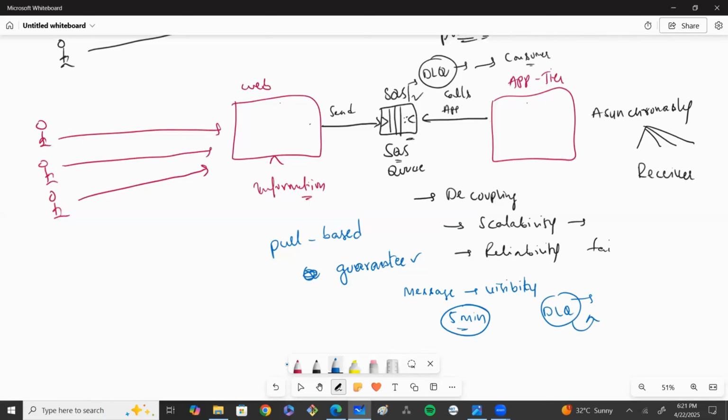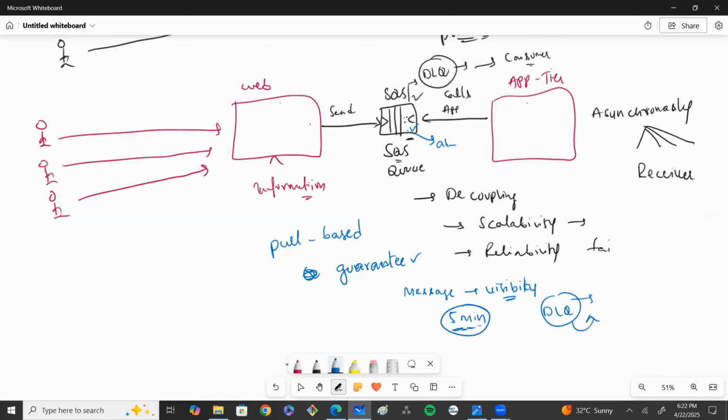So this is how we apply a visibility timeout on each and every queue in AWS. And once the message is processed from the queue, the receiver will receive the message within the next 5 minutes. Once the acknowledgement is taken from the receiver,